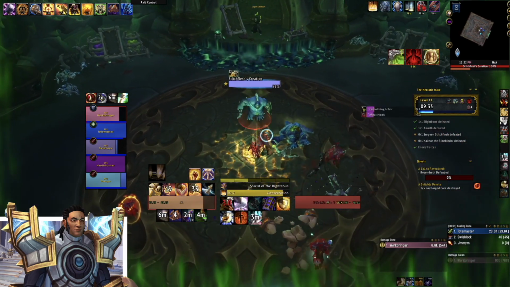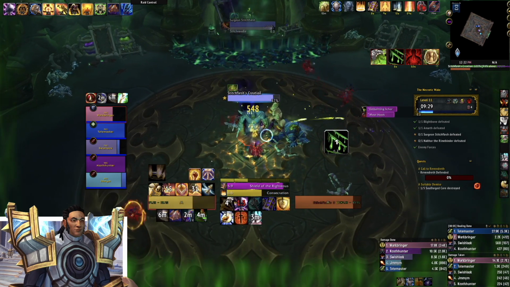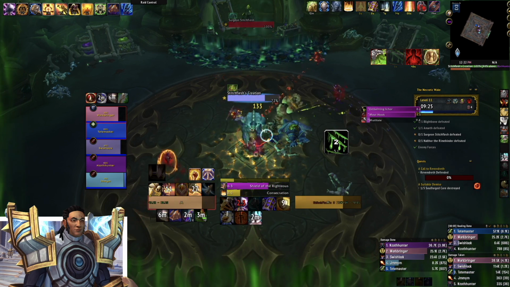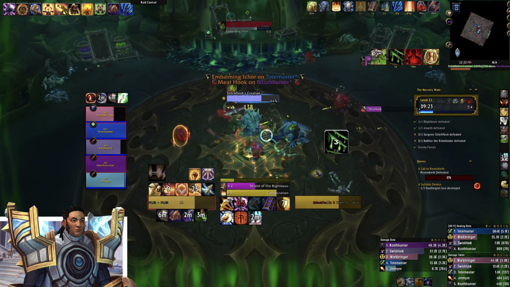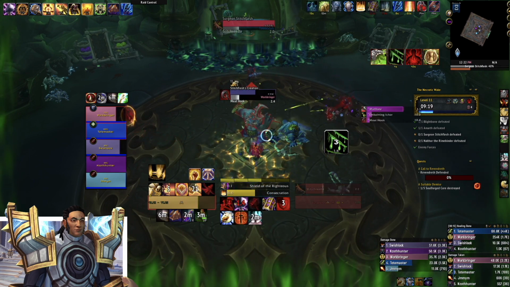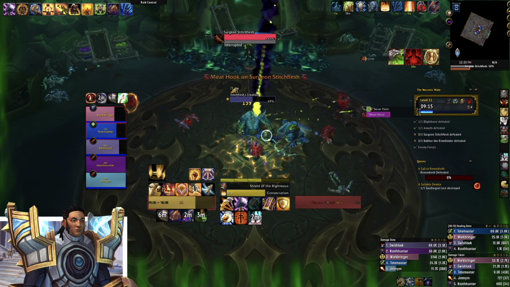It's pretty common for tanks on Fortified to die to Mutilate, and on Necrotic it's pretty common, I'm imagining, for tanks to die to Necrotic plus Mutilate. Just extra difficult. Didn't have the cooldowns for it. Like I said, I was trying to save them for such a situation. Of course, that didn't happen. But that's Necrotic